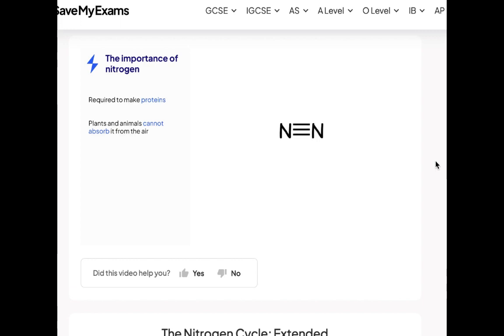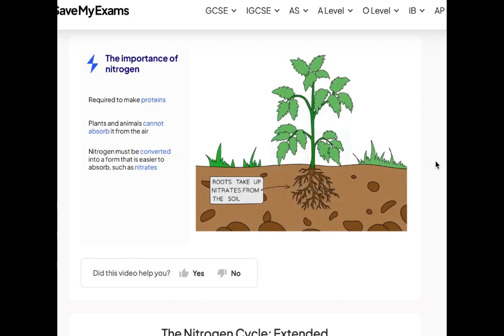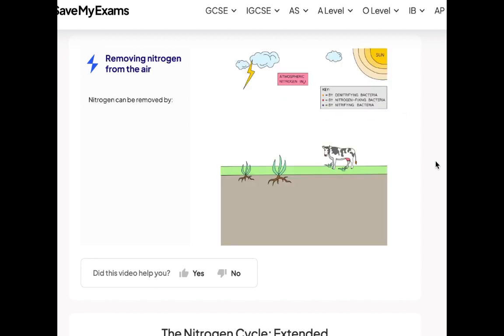This is because nitrogen gas forms a very stable molecule with strong bonds that are difficult to break. It must therefore be converted to a form that can be more easily absorbed by organisms. Plants, for example, can absorb nitrogen in the form of nitrates in the soil. Nitrogen can be removed from the air and converted into substances that are more easily absorbed in a couple of